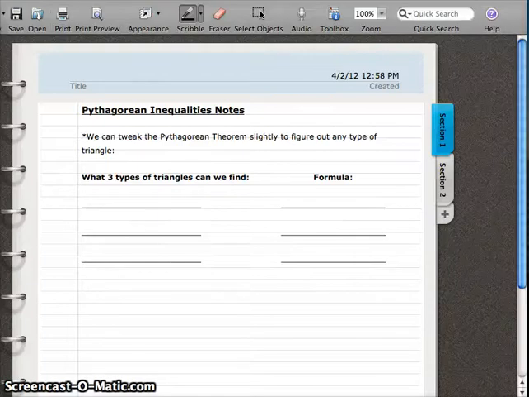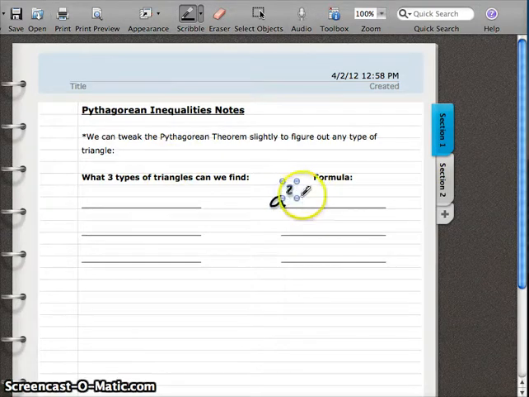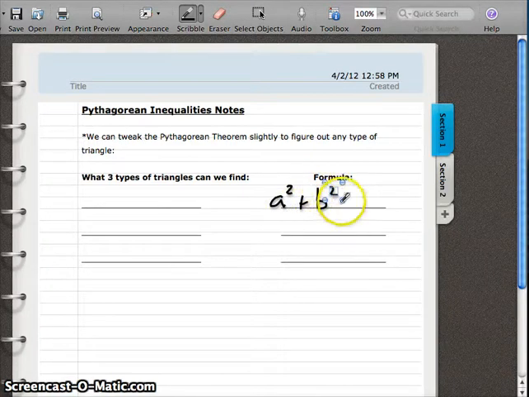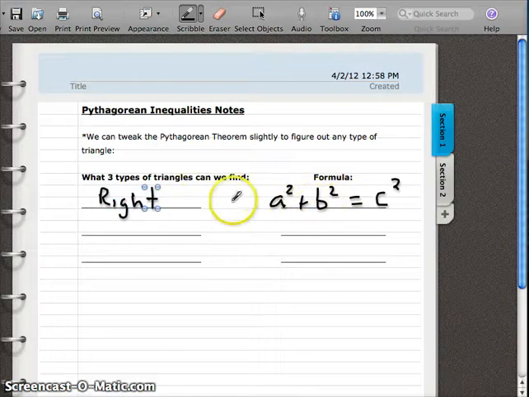In this video, we're going to be talking about a different way we can use the Pythagorean Theorem. So real quick, just looking at our Pythagorean Theorem, if we square the two legs of a triangle and add it together, and compare that to the hypotenuse squared, in the Pythagorean Theorem, in a right triangle, those two values are equal. So when we square the two legs and add them together, in a right triangle it's equal to